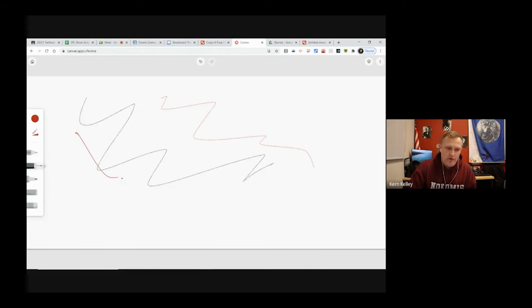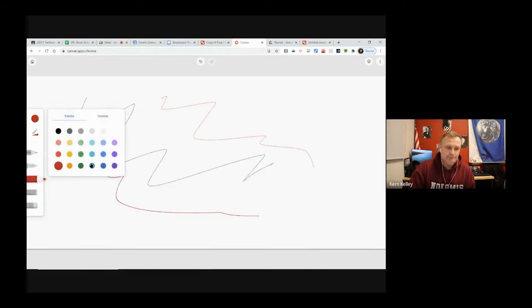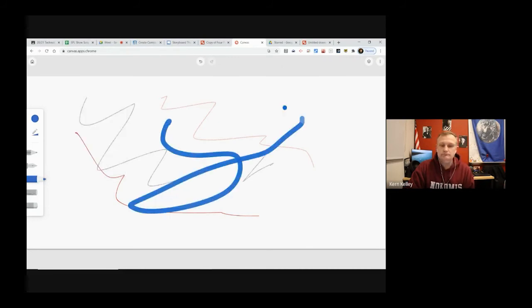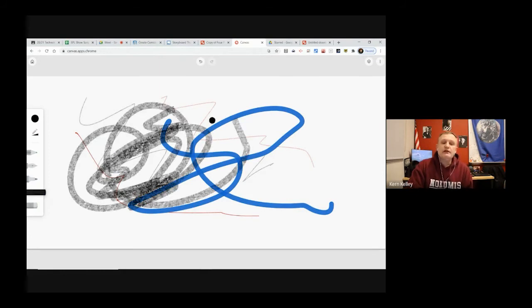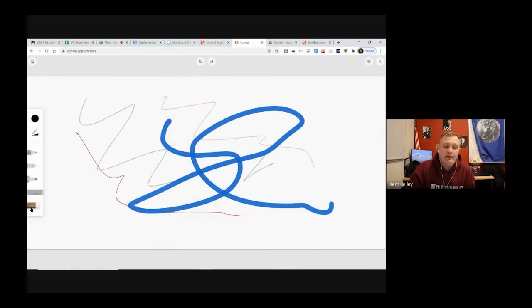With all these different, there's a pen and here's a marker. Grab some different colors here. But you get the idea, some chalk. So this is a little bit more freehand. It's not going to do vector graphics. When this is done, whatever the size of this canvas is, that's the size of how it's going to actually print out. You do have undo, but you don't have, like, I do have an eraser here,